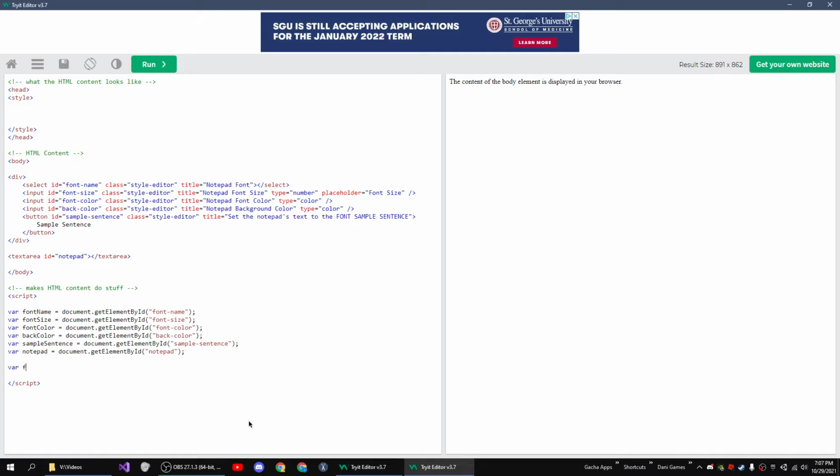Okay. Now we're going to create an array called fonts. This is what will allow us to easily load any fonts we want into the select element, but it is not what is going to be imported in the CSS style tag. We have to actually match what's in here to up there. But there are going to be 3 font types in the select element that are not in the import in the style sheet, because they are actually special font types